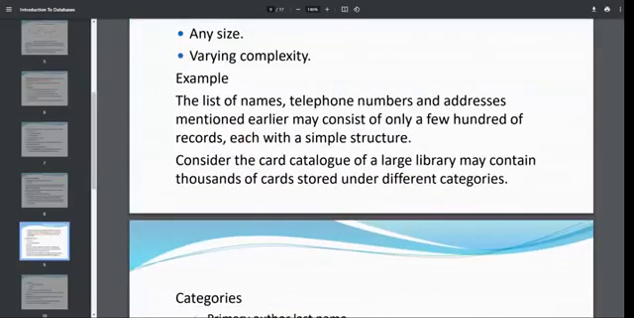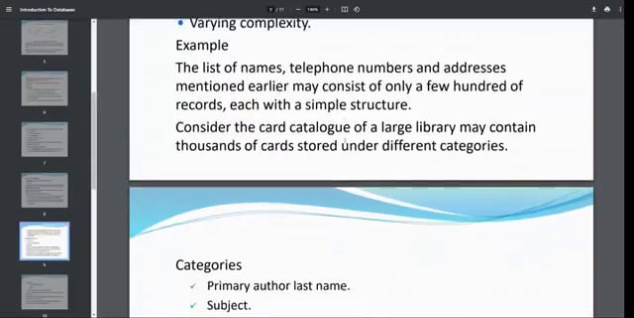So names, telephone numbers, addresses. It is a very simple structure. Then consider a large library, comparatively bigger than personal files. There may be multiple users, maybe hundreds or thousands. Previously I told that there should be proper resources for handling that database. So you can understand, to handle databases,